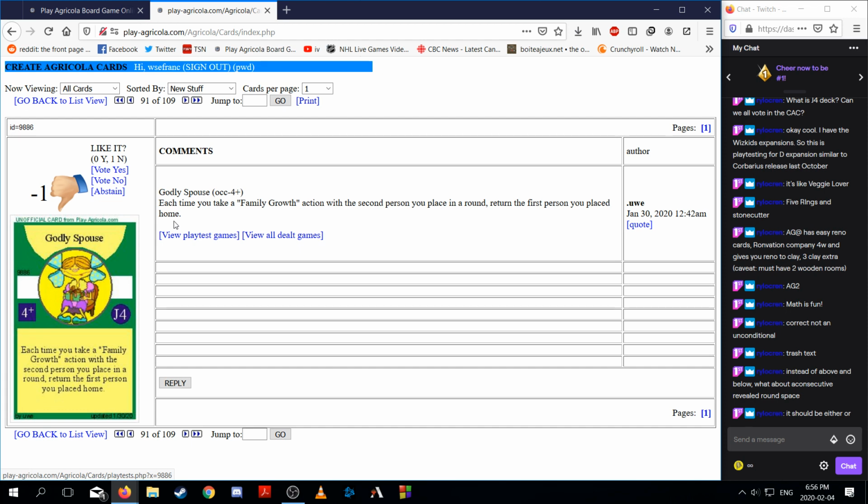Godly Spouse. Each time you take a family growth action with the second person you place in a round, return the first person you placed home. So you're trying to family growth with your second move, and then you gain an action if you do so. So you're trying to manipulate the family growth queue such that...